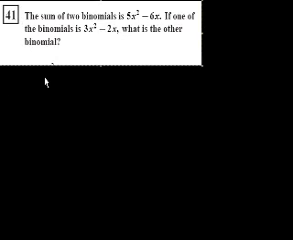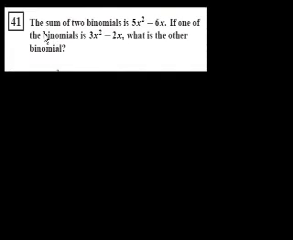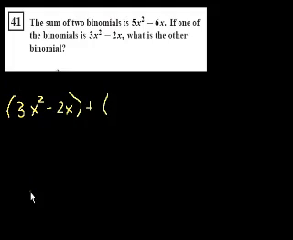They say the sum of two binomials. Let me copy this one. This is interesting. The sum of two binomials is 5x squared minus 6x. So a binomial is just a polynomial with two terms. If one of the binomials is 3x squared minus 2x, what is the other binomial? So this binomial is one of them, 3x squared minus 2x, and when you add that to some other binomial, and I don't know, let me just write that as